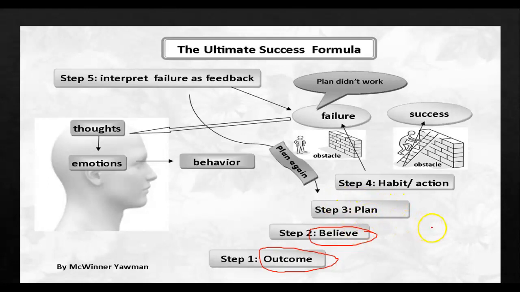At least you need about 70% belief. You need to believe 70% that this business is going to work out. You need to believe. Alright? When you believe, then you need a plan. You need to plan. Make a daily plan, weekly plan, monthly plan, a plan for every 3 months, 1 year plan. So when you have a plan, then you have to follow the plan. It's called action. You take action.